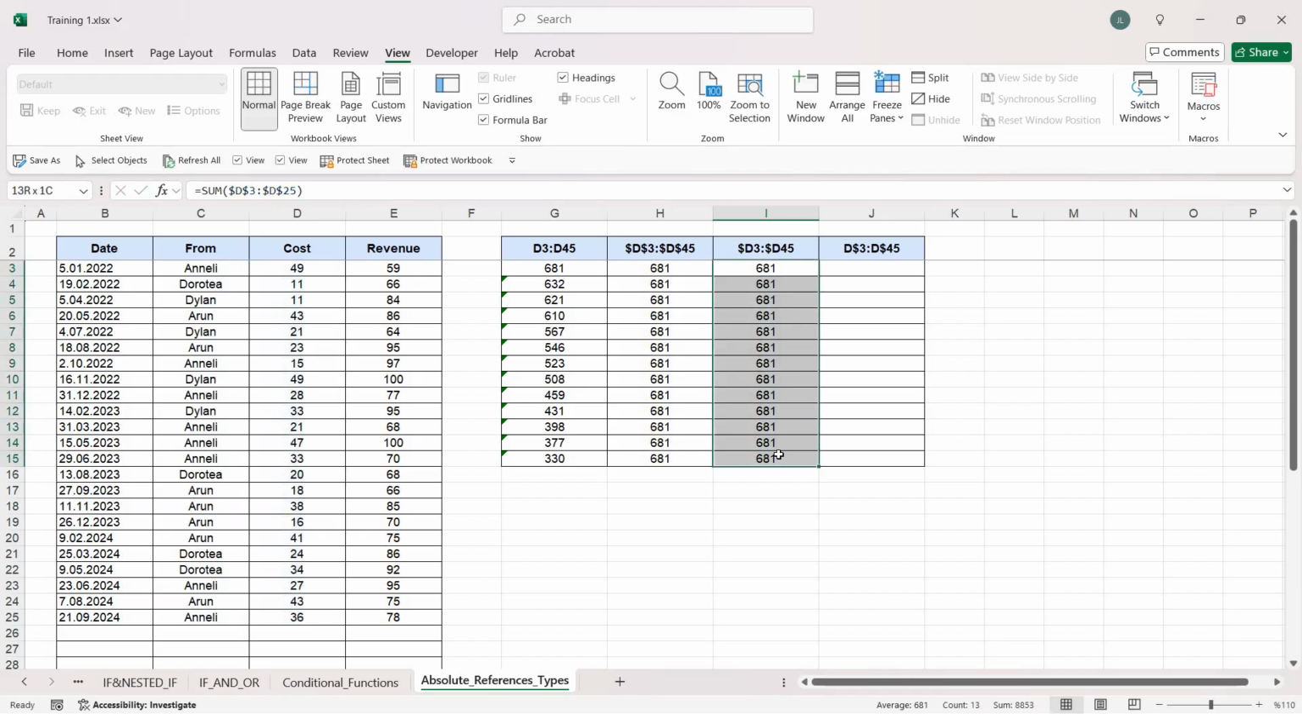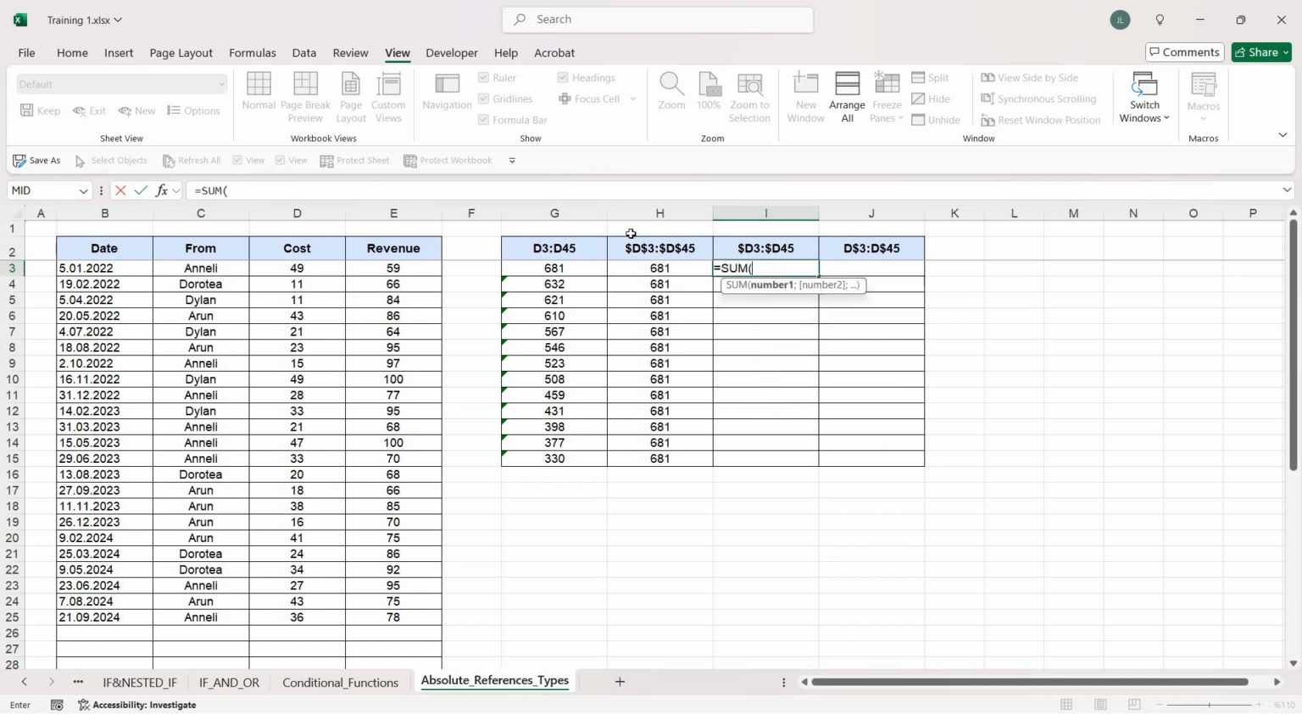And the reason is we locked the row and the column. Just be careful that the $ sign locks the section which comes after it. Now let's check the absolute reference on column. Let's write our formula for the best practice,